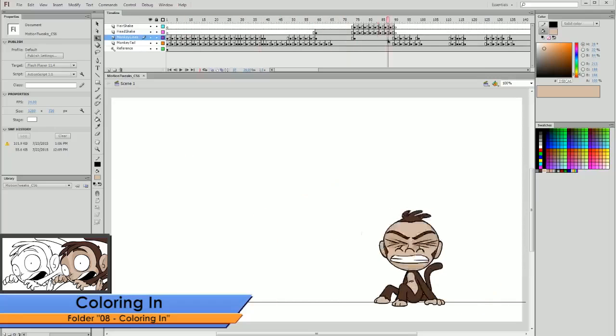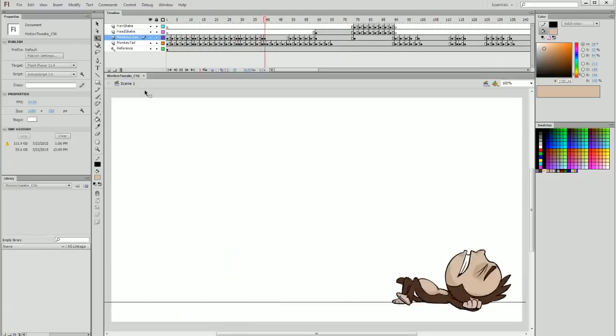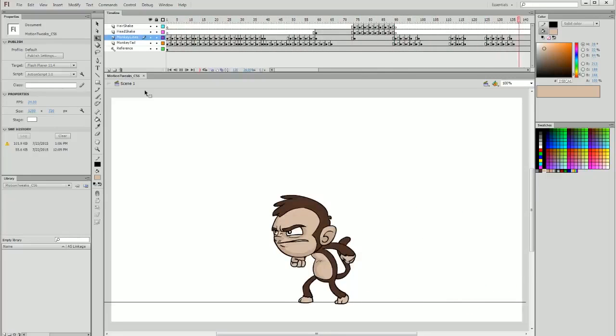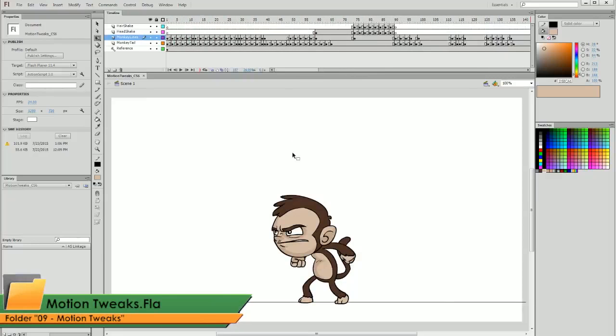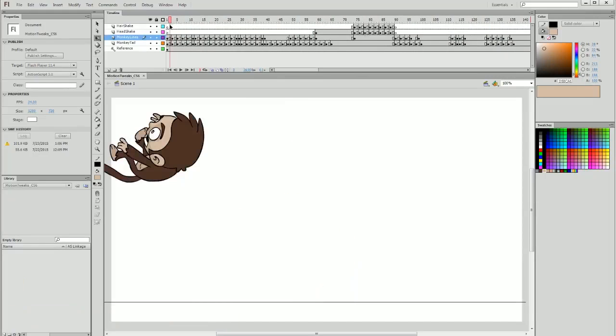Entire character's animation segment in the frame by frame section, when he bounces into frame and shakes his head, comes to attention, and kicks up and lands, we're now ready to tweak the animation. Now, when I talk about motion tweaks and polishing the final animation, I'm talking about smoothing out between the doubles